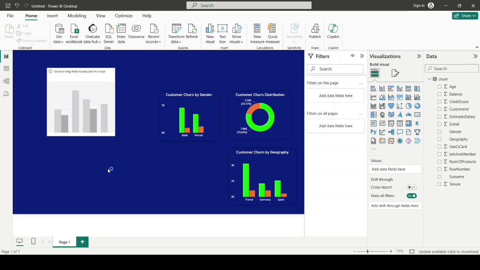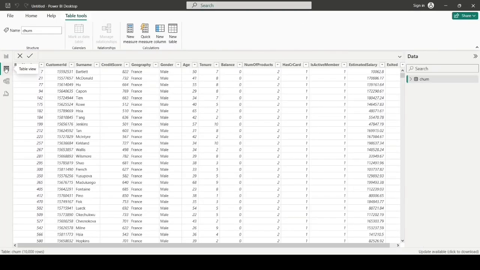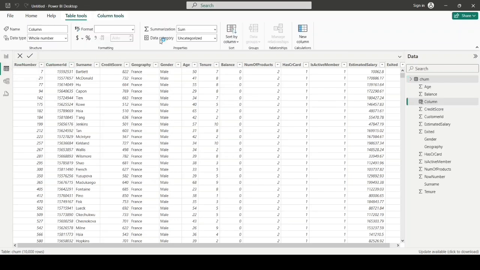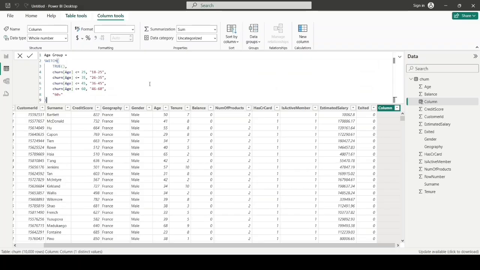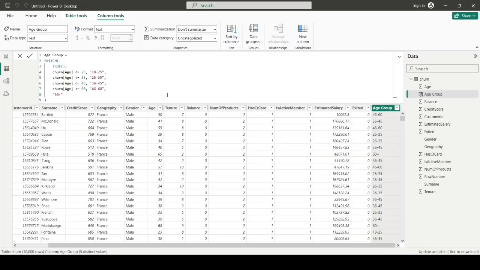So for that, what we have to do, just click on this table view, and after that here you can see called new column. Click on the new column, and after that remove all, type this. So now hit the enter key. So here you can see we have already created the new column named age group. So now go to report view,